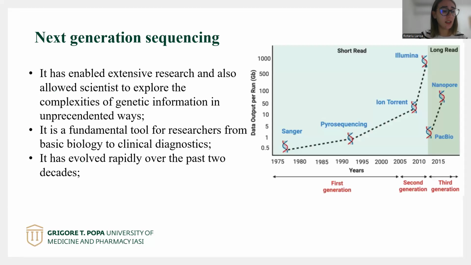About NGS, it is a technology that has revolutionized genomics, expanding our knowledge of genome structure, function, and dynamics. It has enabled extensive research and also allowed scientists to explore the complexities of genetic information. This progress has paved the way for significant breakthroughs in the field of DNA sequencing, leading to the emergence of three generations of sequencing technology. The first one was represented by Sanger sequencing,